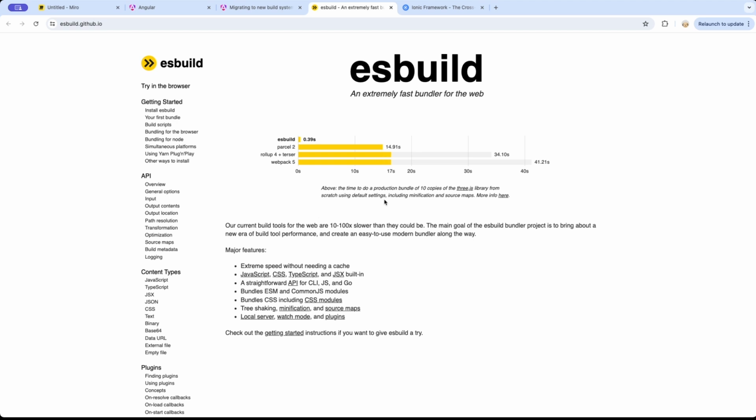It basically uses the system resources pretty well, and through that it bundles your application, so it takes a lot less time. As you can see over here on their page itself, the esbuild for this particular application took merely 0.39 second to build, whereas Parcel, Rollup 4 or Webpack 5 took considerably longer, right? So obviously esbuild is essentially a stepped-up version from Webpack,